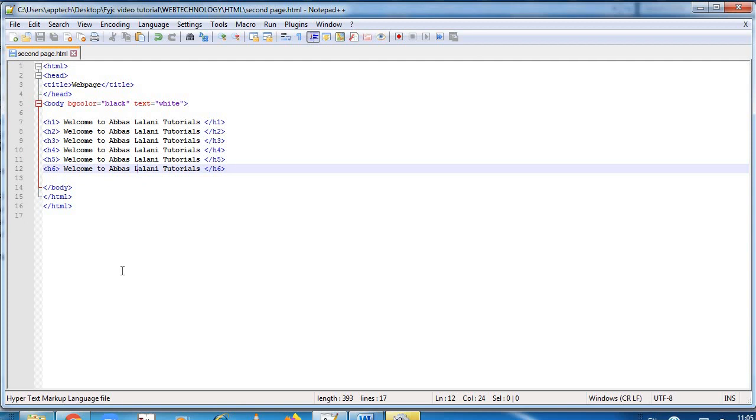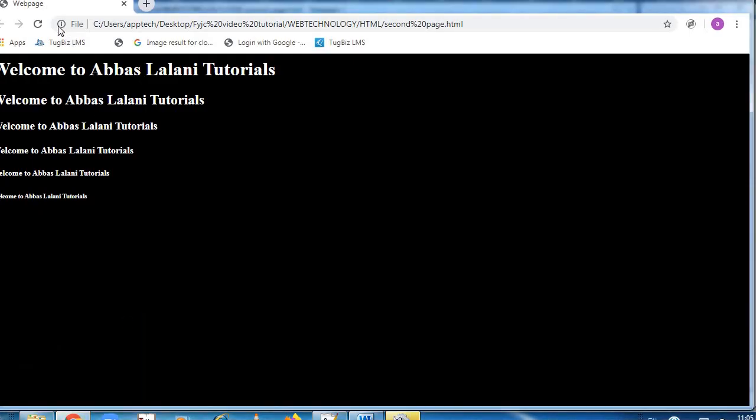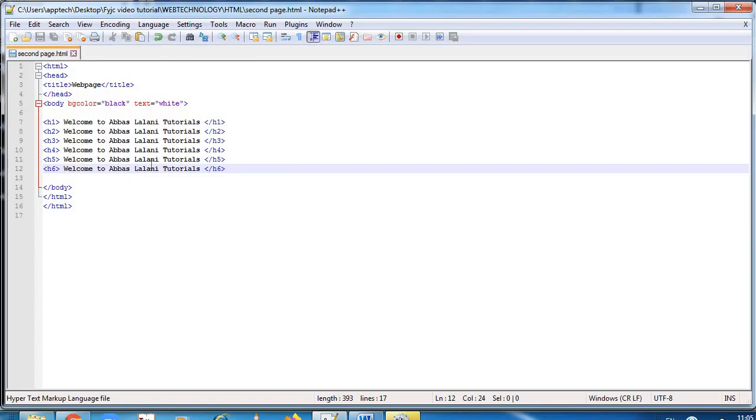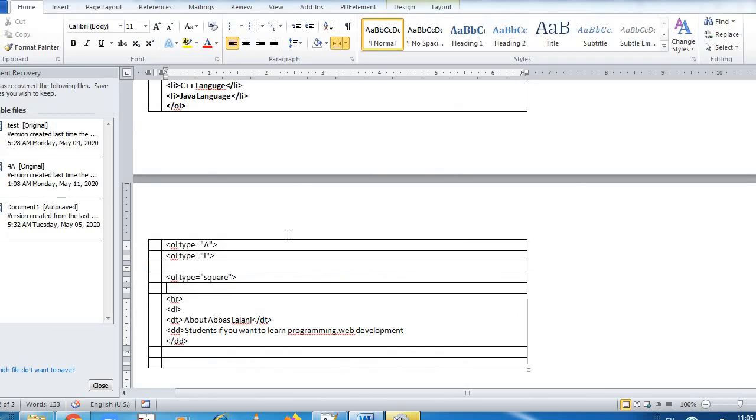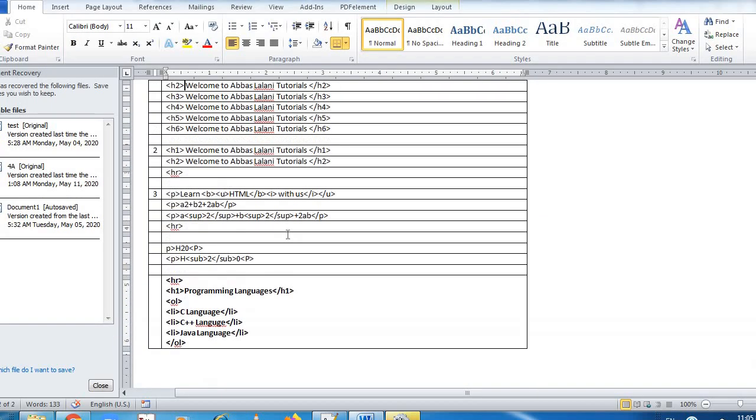Now let's see how the coding looks like. So these are the different levels of heading. H1 is the largest, H2 is smaller than H1, then H3 is smaller, then H4, H5 and H6. So in this way your heading levels look. So these are the heading tags in HTML, starting from H1 to H6. And then we will be learning, after heading levels,